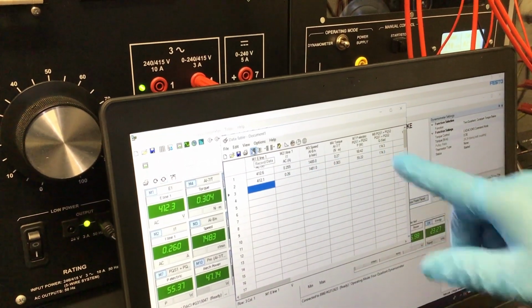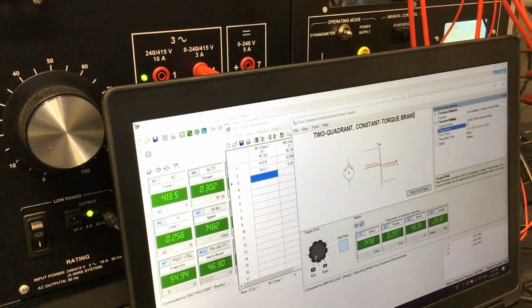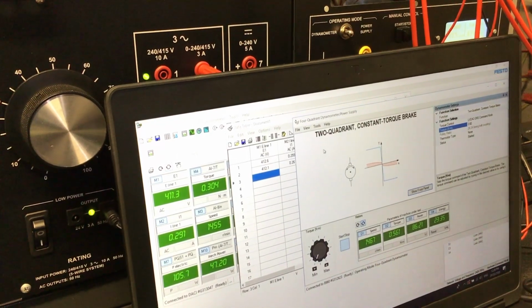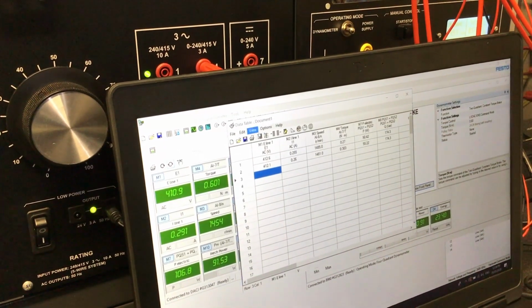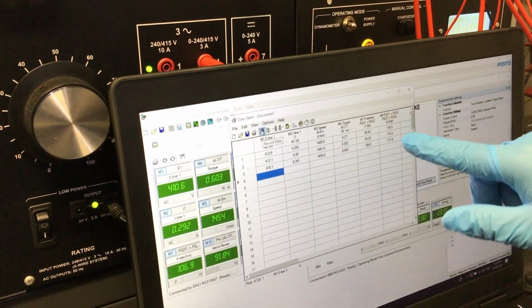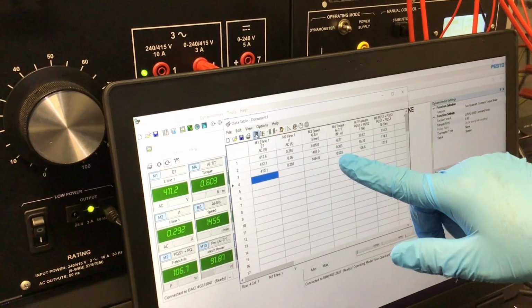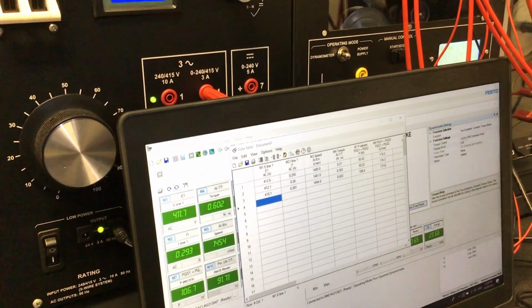We record the data. Now we increase to 0.6. You can see the speed is decreasing, and where is torque? The torque is increasing, speed is decreasing.